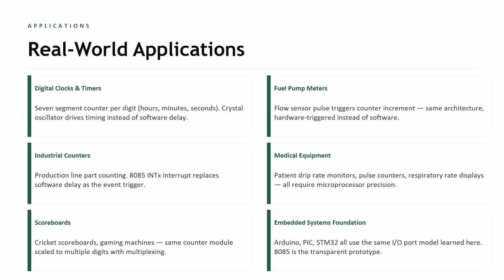Fuel pump meters: a flow sensor generates pulses, each pulse triggering a counter increment. The same architecture but hardware triggered instead of software. Industrial counters on production lines: the 8085 interrupt pins replace the software delay as the event trigger, counting physical objects passing a sensor. Medical equipment, patient drip rate monitors, pulse oximeters,